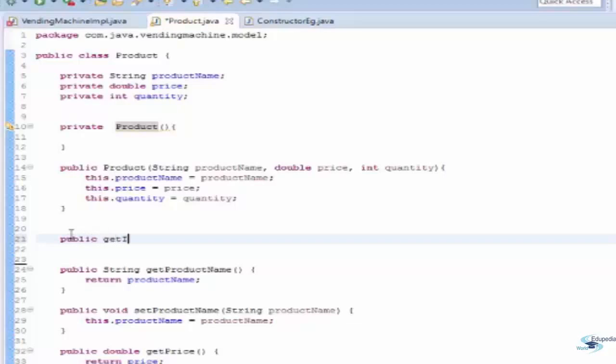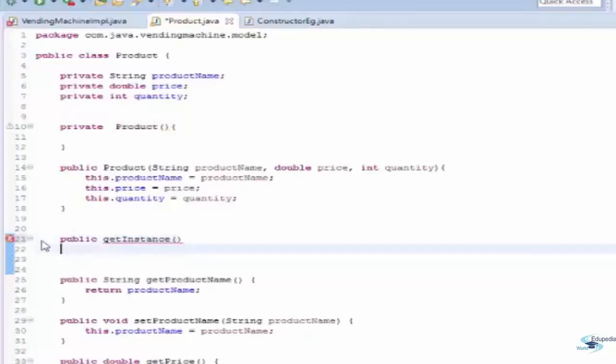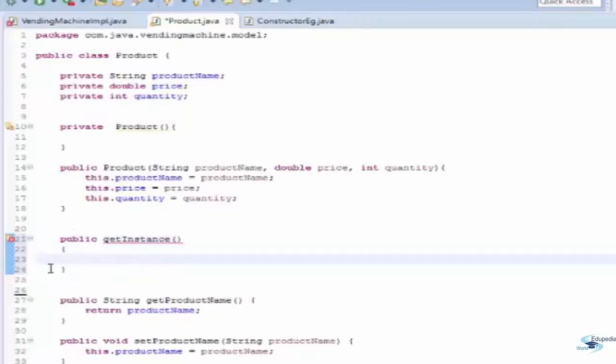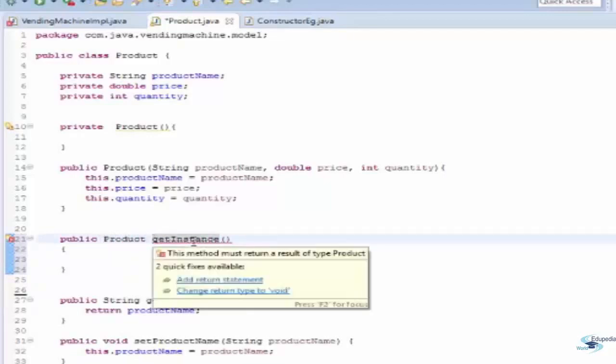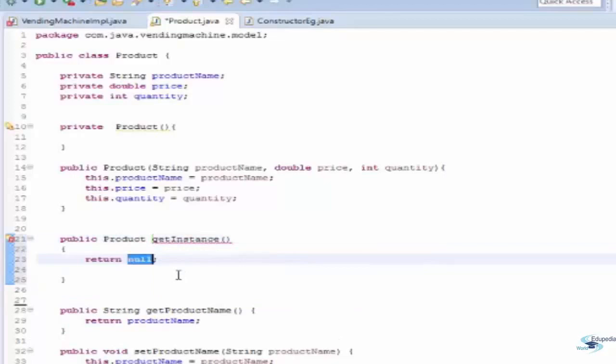Let me create a method getInstance, and this method will return you an object of type Product. Fine. So add a return statement, and let me return new Product.